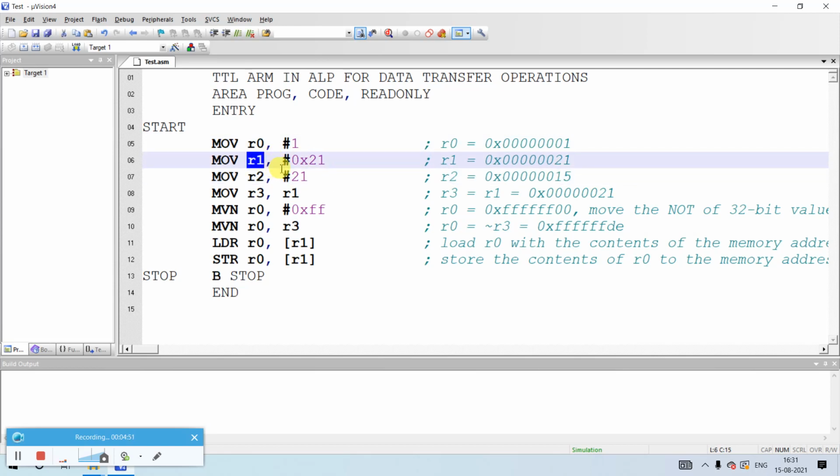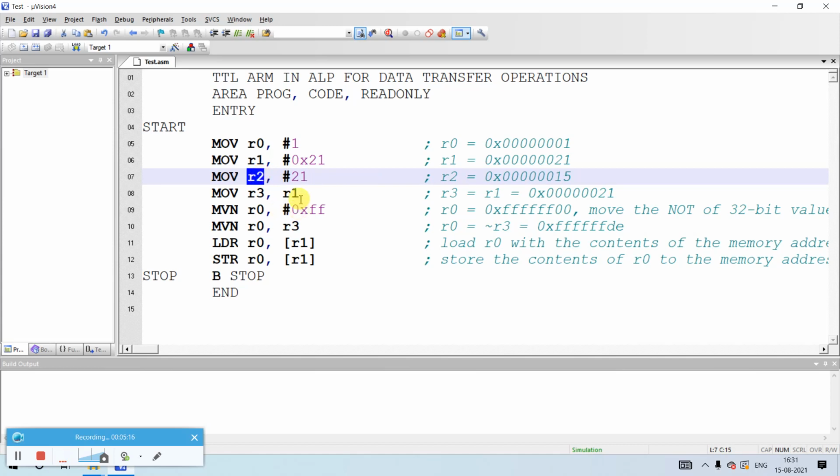Okay, because all the registers in ARM7 are of 32-bit numbers. Similarly, when you store the data, what will R2 store? R2 is not going to store 21. R2 is going to store the hexadecimal of 21, and the hexadecimal of 21 is 15, because 16 ones are 16, the remainder is 5, so 1 and 5, 15 will be stored.